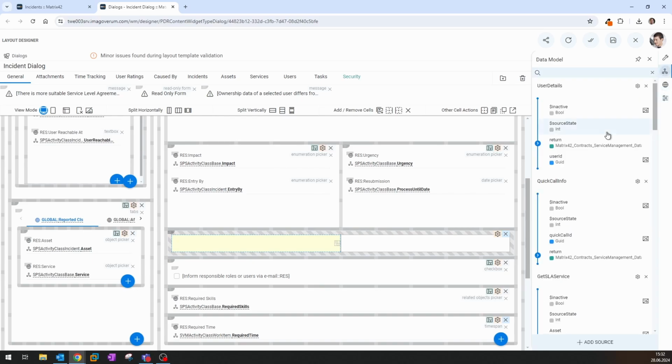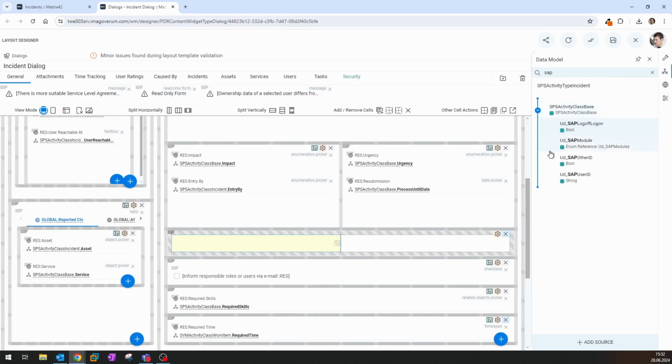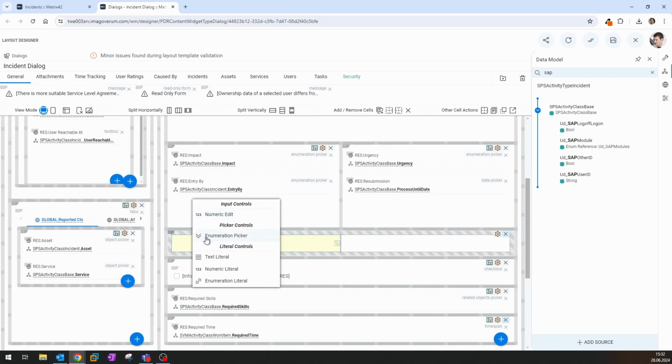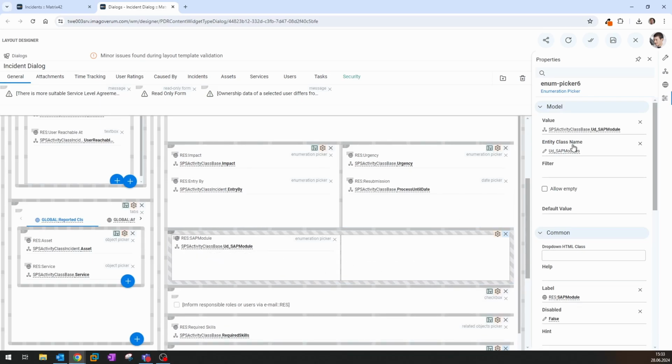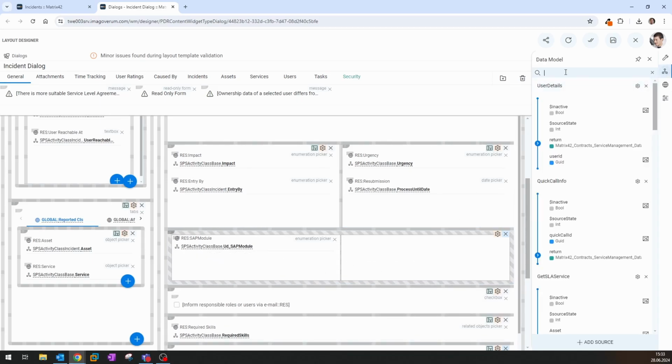So next we go to the data model here on the right side, and we can search here for SAP. See, we have 4 different attributes, and we start with SAP module. We put it here on the left side and can choose the input control. In this case we would like to choose enumeration picker, which is a drop-down field. So we do so just here a little bit